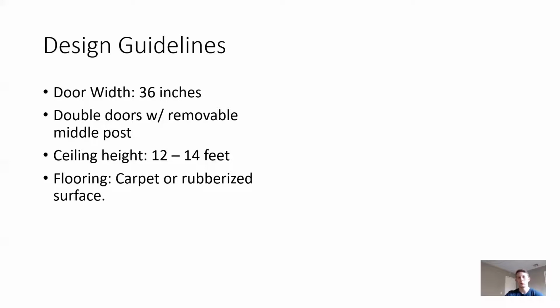Make sure our flooring is rubber or carpeted. Rubberized surfaces are best. Carpeted surfaces are okay, but we don't want to have a concrete floor surface. We don't want to have a whole floor that is wood. Our platforms should be wood, if possible, for the best safety with the athletes, especially if we have those wooden platforms. It shouldn't be too glossed or too slick, so that we don't have that risk of athletes slipping and sliding. We want to make sure that the floor has a grip, and make sure that we are using safe